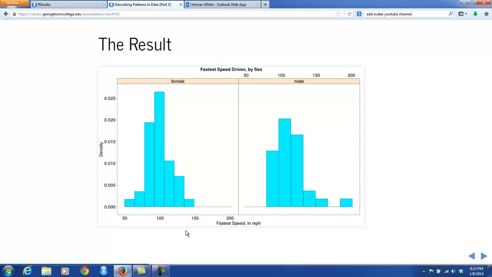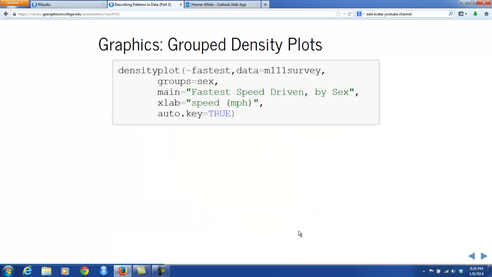Now the graph looks pretty, but the fact is, with side-by-side histograms, it can be very difficult to compare the centers, because you have to look vertically, find a center for one group, and then go over and find another center, and then decide which is bigger. And this involves a lot of moving around for the human eye. So we tend to avoid this type of conditional plotting for histograms. And instead, if we would like to look at something like a histogram, you might want to consider density plots,